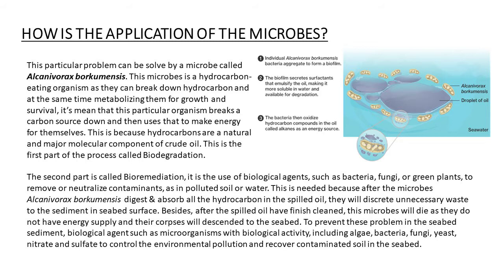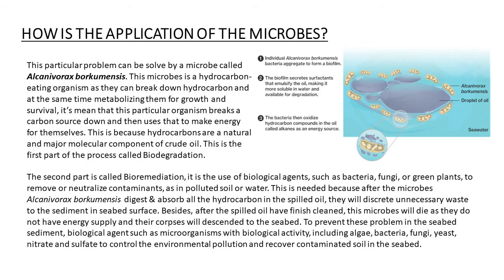Alright, so as you know before, the microbe is Alcanivorax borkumensis, and the special feature of this microbe is it can eat or consume the hydrocarbon, which is the main particle of crude oil, and this microbe also produces its energy from the hydrocarbon particles in the spilled oil. So mainly this process needs two different steps: the first one is biodegradation and the second one is